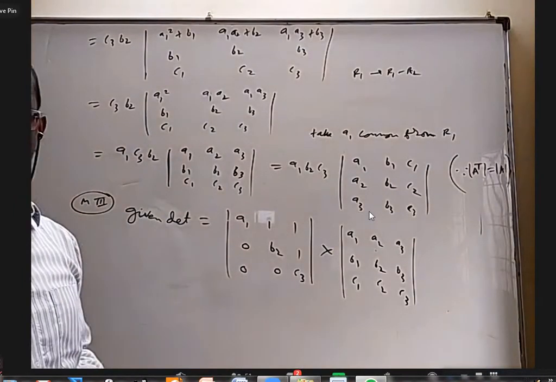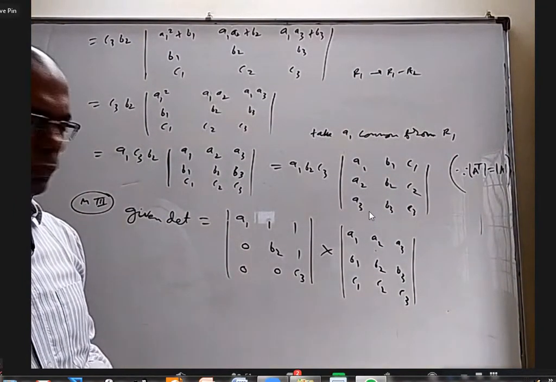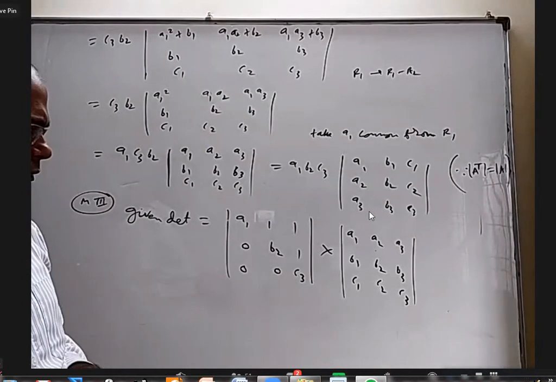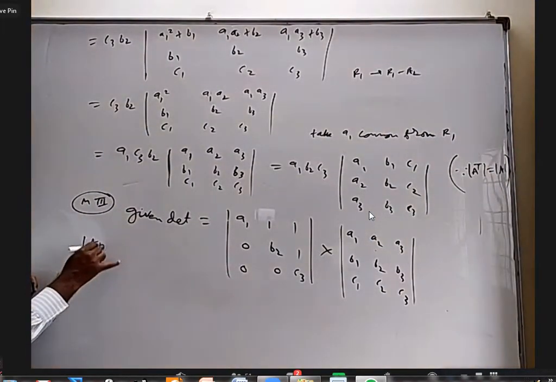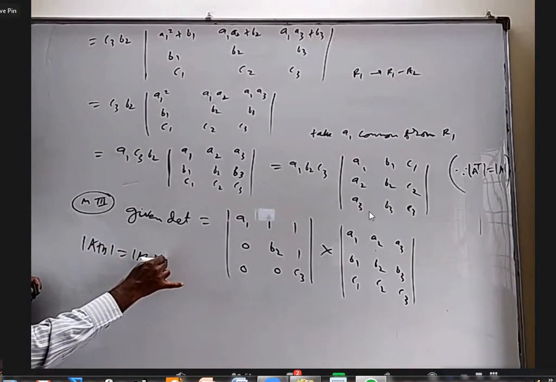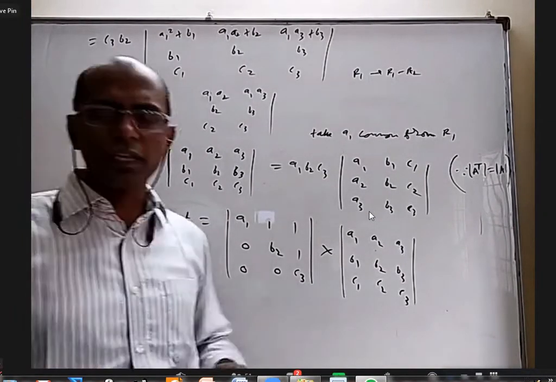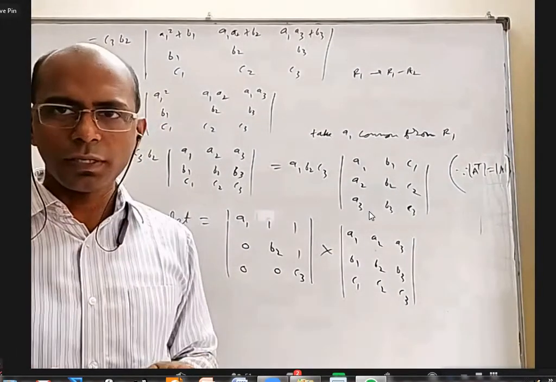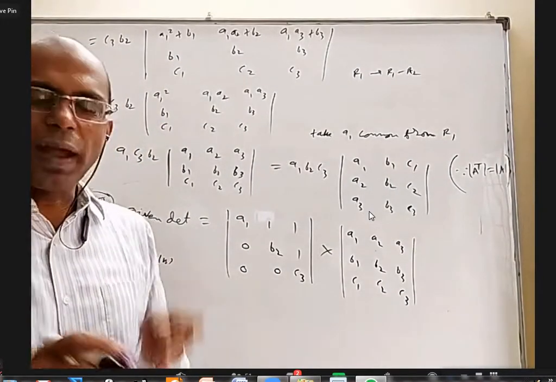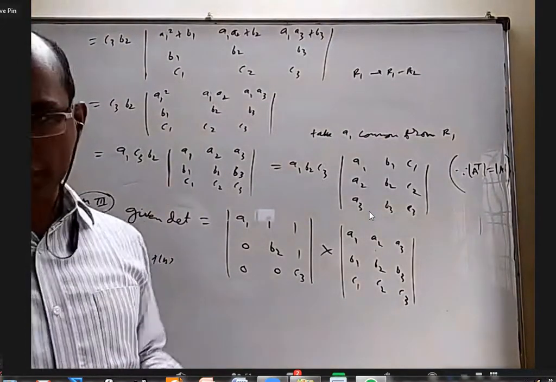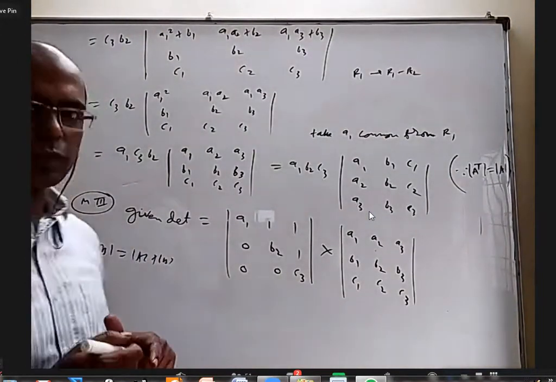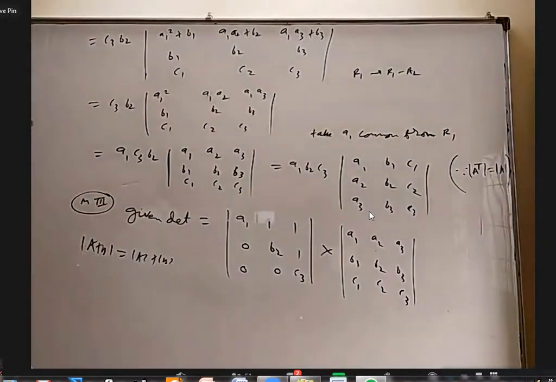Sir, is multiplication the same for matrices and determinants? I said the determinant of A plus B is not the determinant of A plus the determinant of B. When you add two matrices and find the determinant, it is not the sum of the individual determinants. But when you multiply two matrices, you get a big matrix. Find the determinant of that, it is the product of the individual determinants. We did not tell the proof. I said proof is beyond the scope and we'll discuss later.